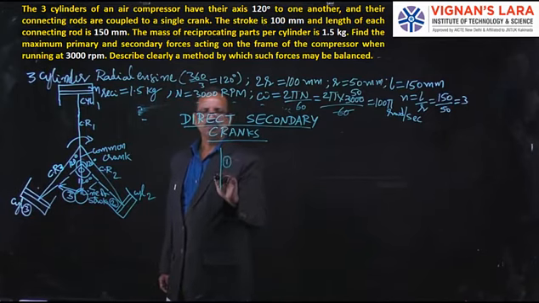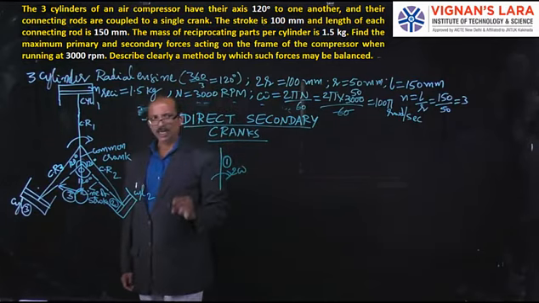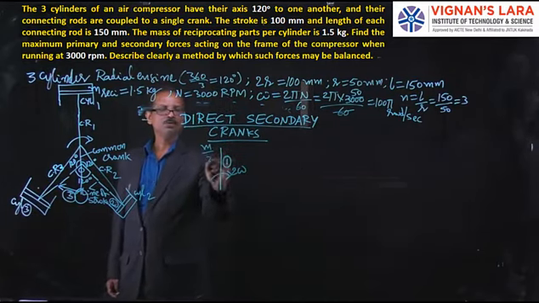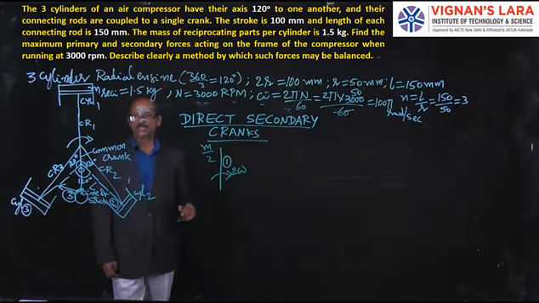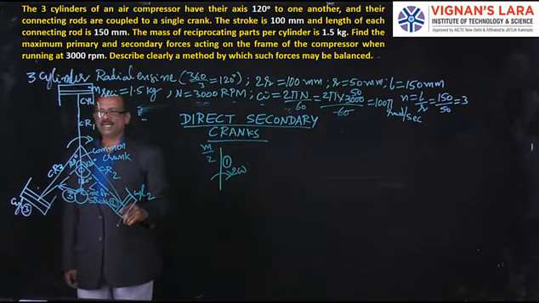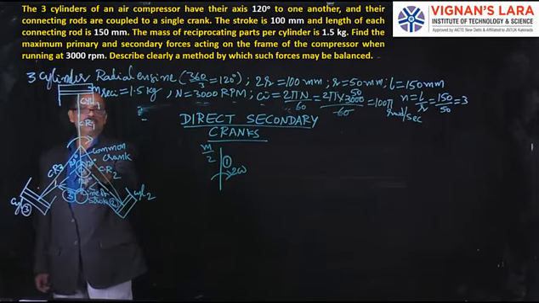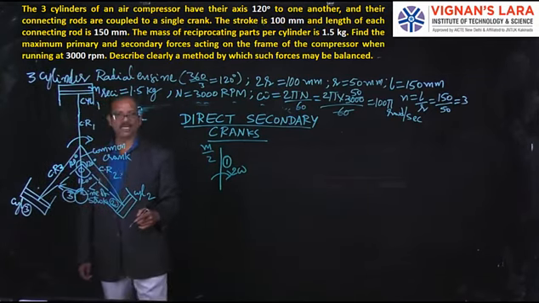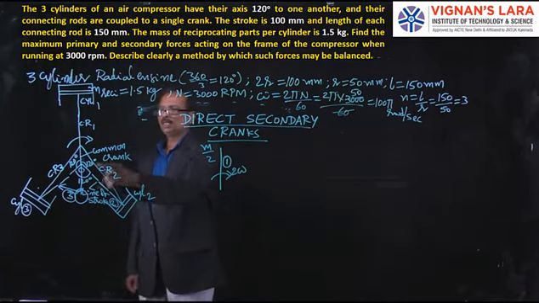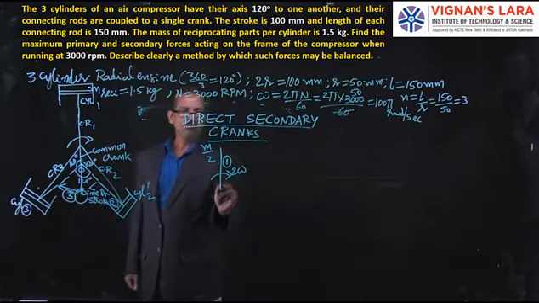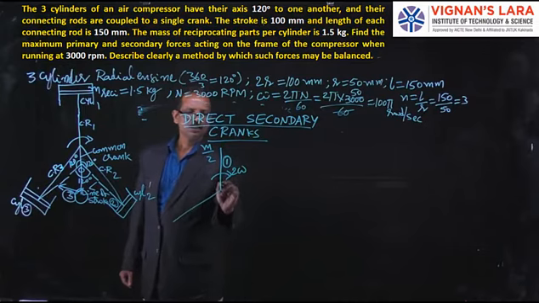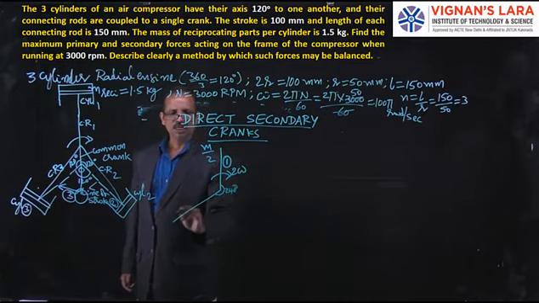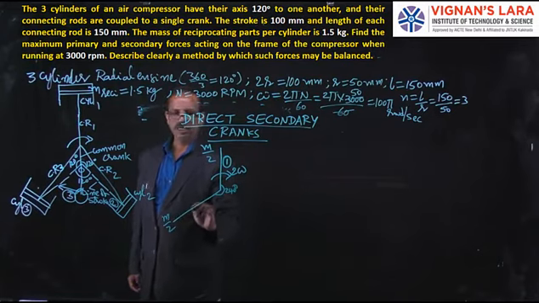So this is 1 with an angular velocity of 2 omega, okay, and mass of m by 2 for the first one. Then coming to the second one, what is this angle? 120, okay. Then 120 will be doubled 240. So in the same direction 240. So this is for the cylinder 2.